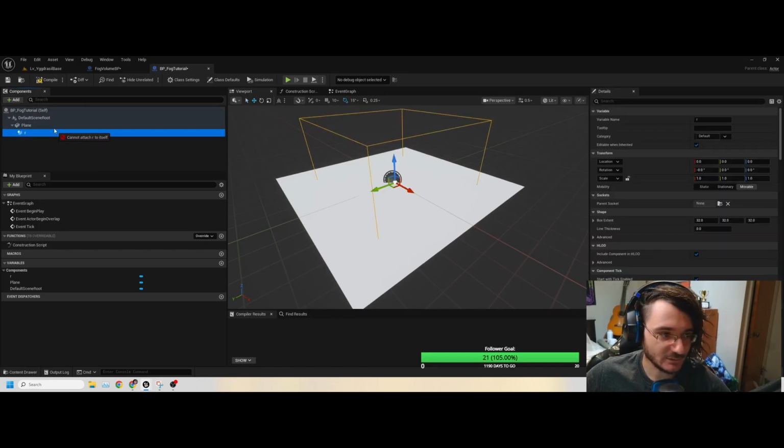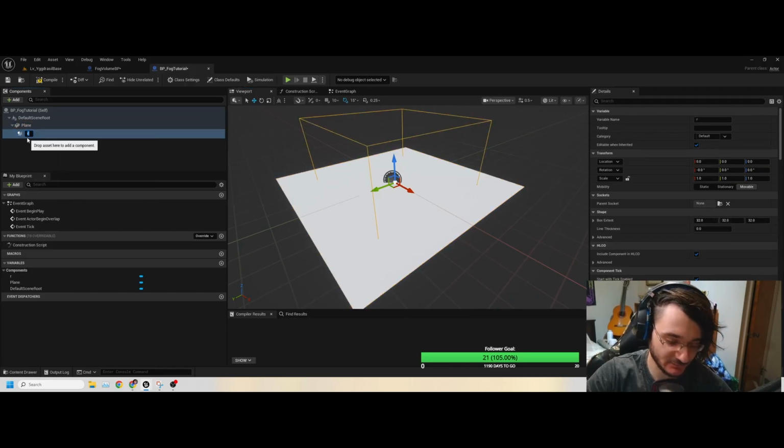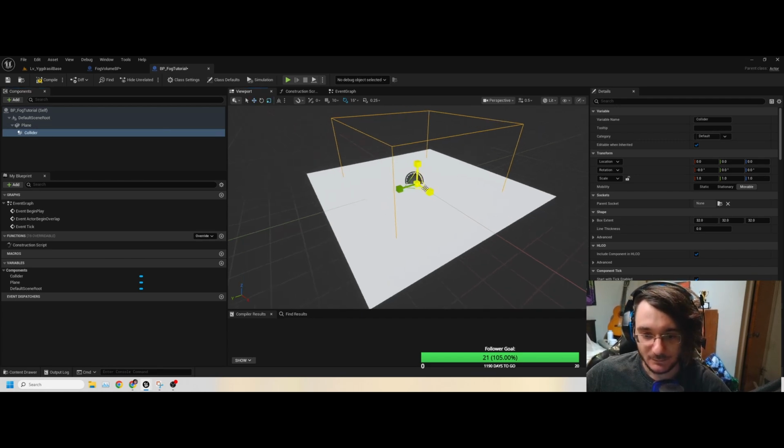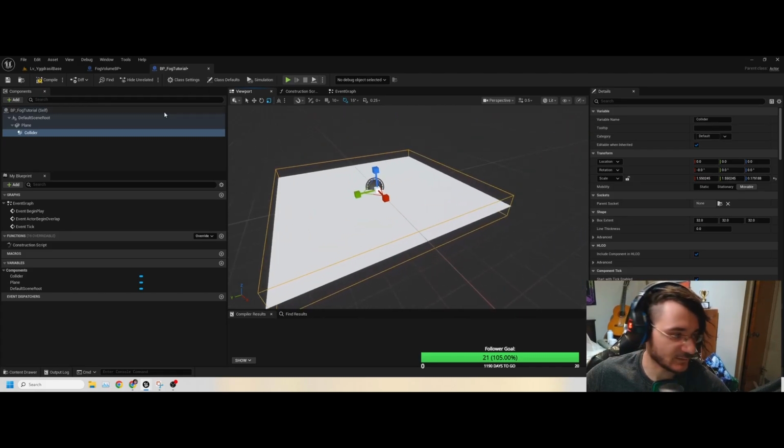We'll put it underneath the plane, attached to it so that it retains some of its scale and such. We'll just make it very roughly what it looks like there. And then